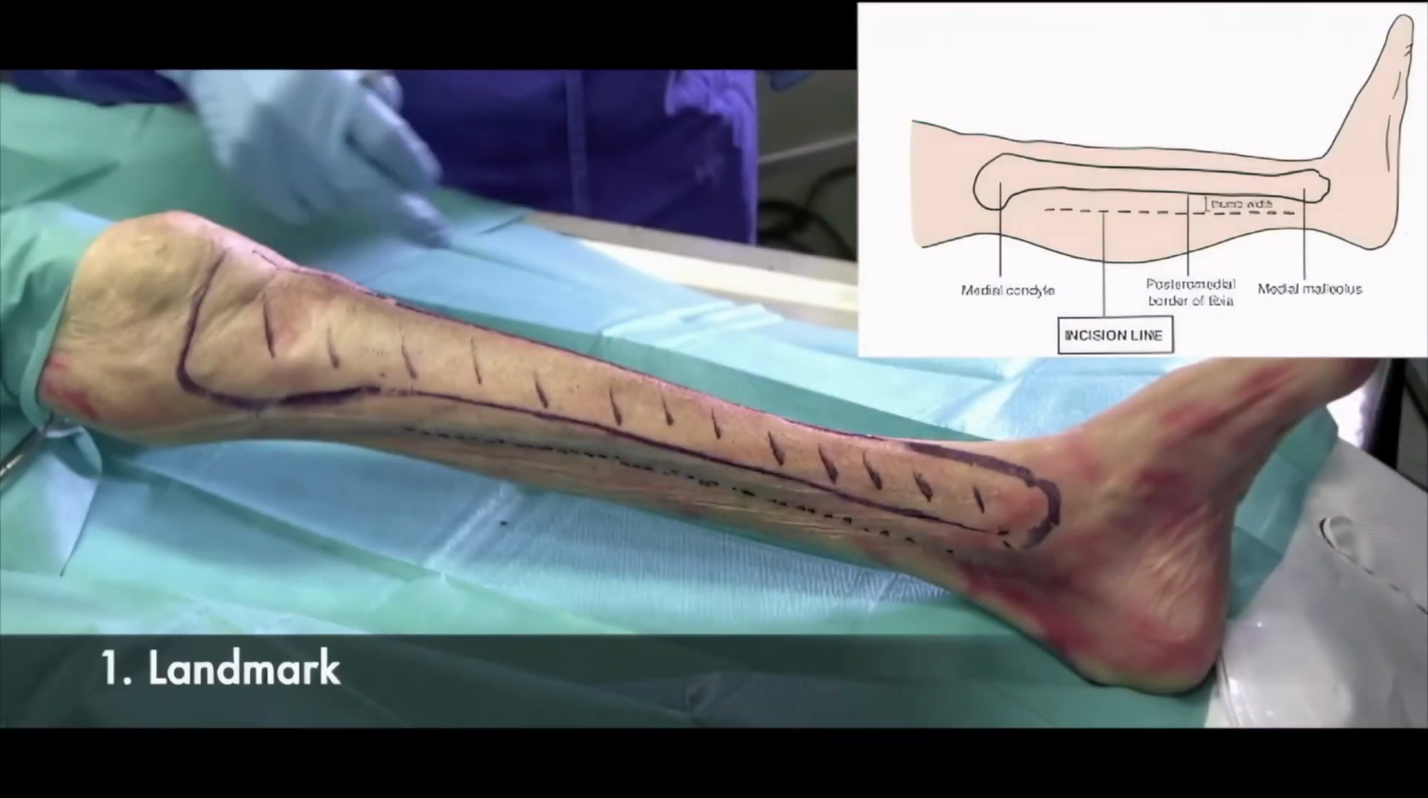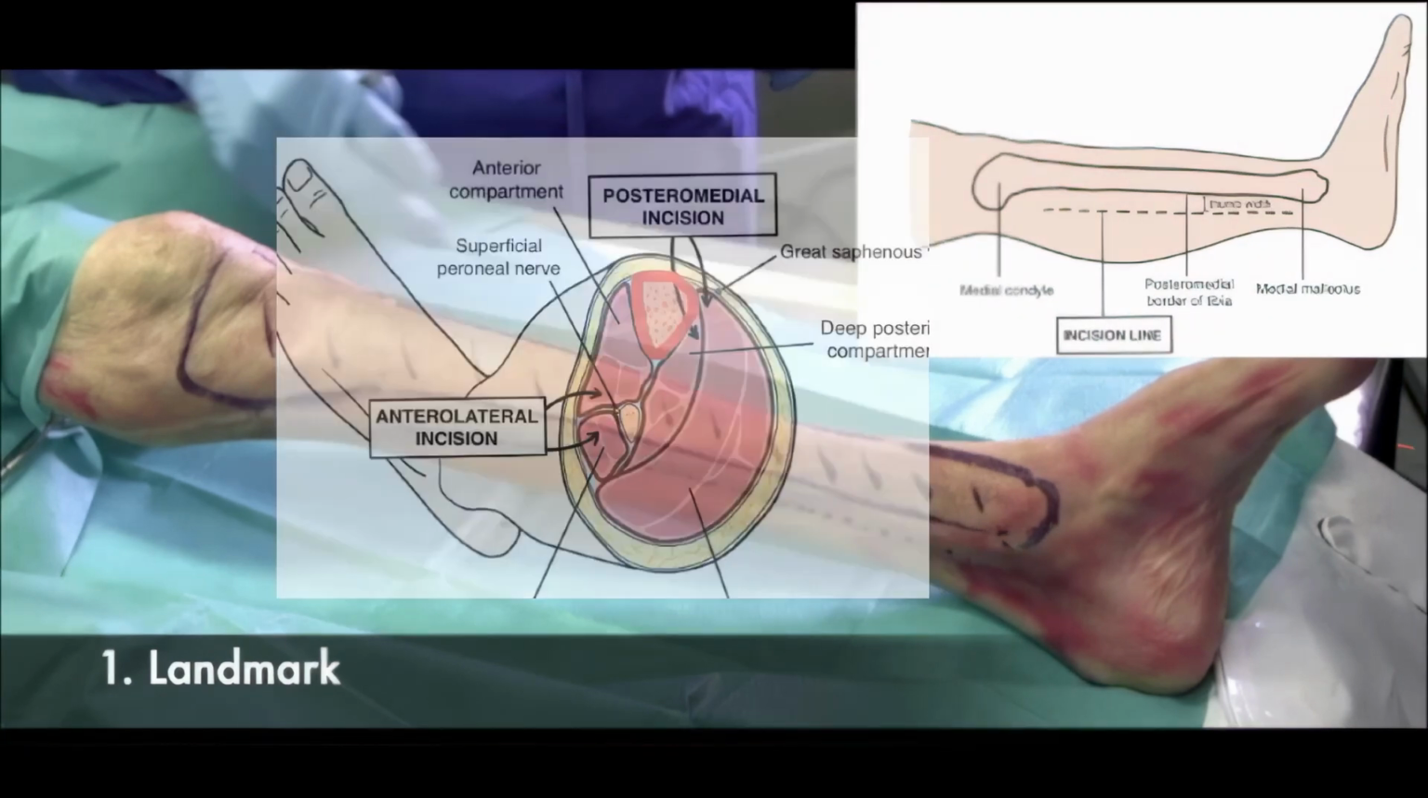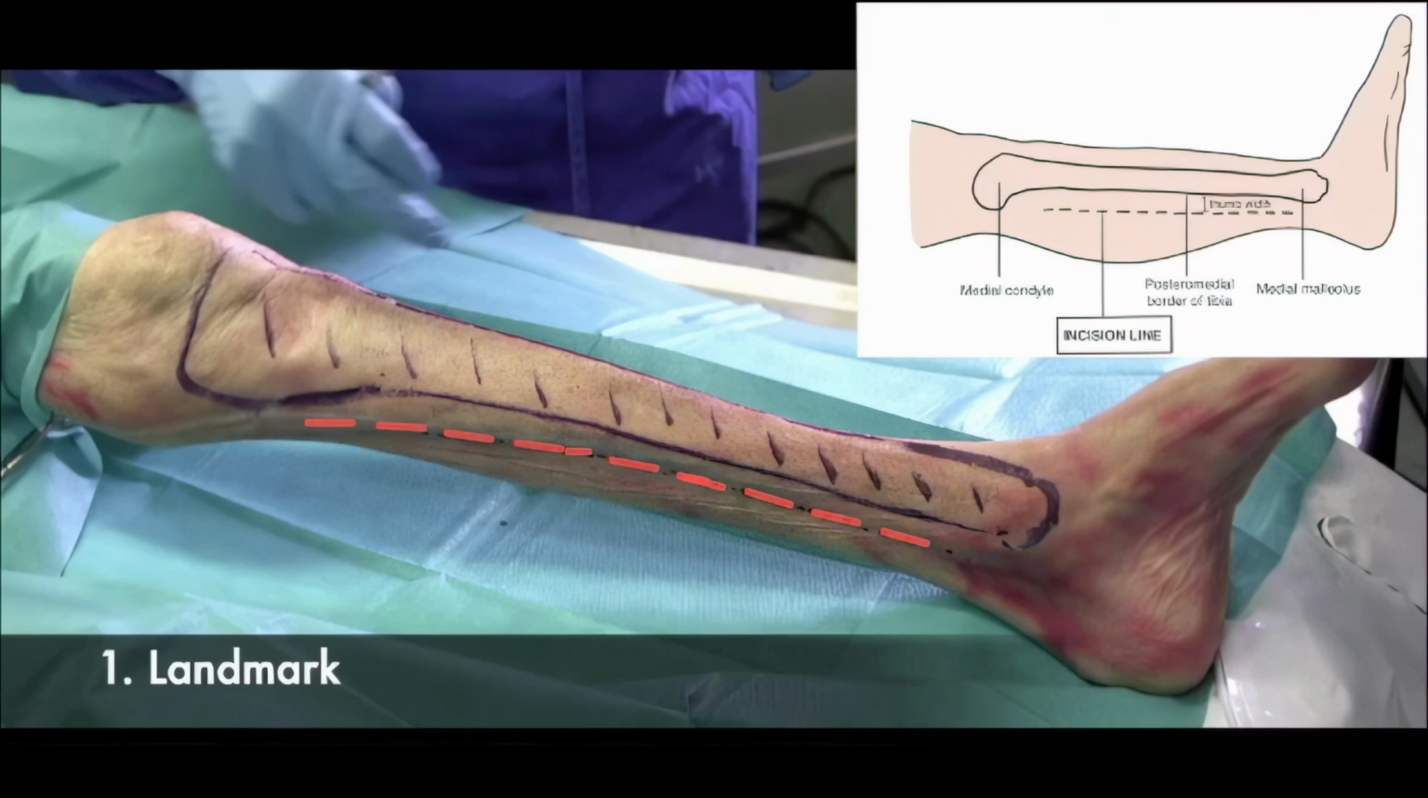To landmark, find the medial malleolus, the medial condyle, and crest of the tibia. From the crest of the tibia at mid-shin, palpate posteriorly to identify the posterior border of the tibia. Remember that the tibia is triangular in cross-section. Your incision should be made 1 thumb posterior to the posterior aspect of the tibia, in line with the medial